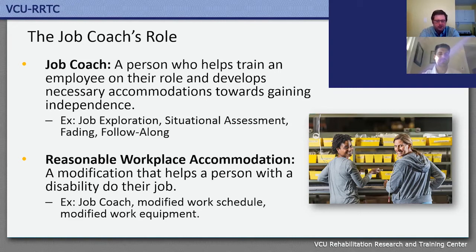A reasonable workplace accommodation is a support that helps an individual with a disability perform their job effectively. I personally had an individual who performed janitorial work at a gym and used a motorized chair, which made it difficult for her to clean certain places. One accommodation for her was an extendable dustbuster that made it easier for her to clean certain areas. This is just one example of how accommodations must be based on the specific person's needs and their job in order to ensure they are truly beneficial.